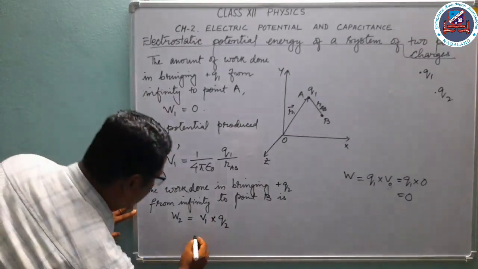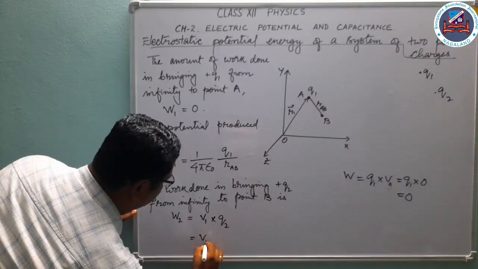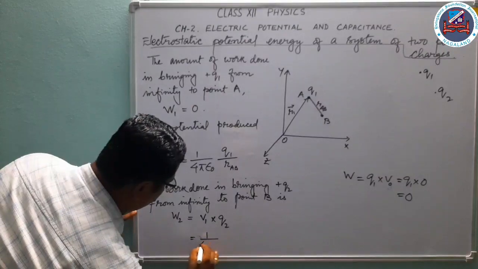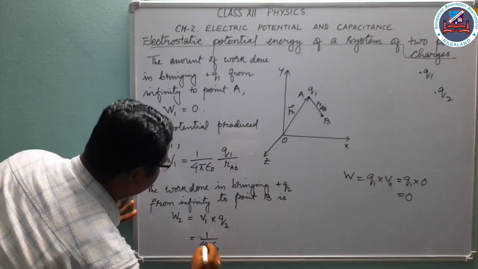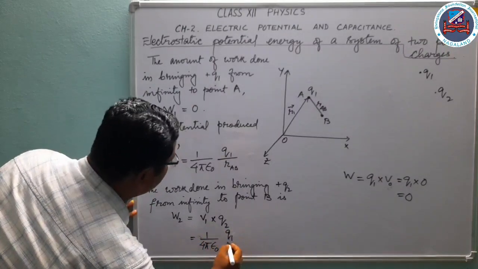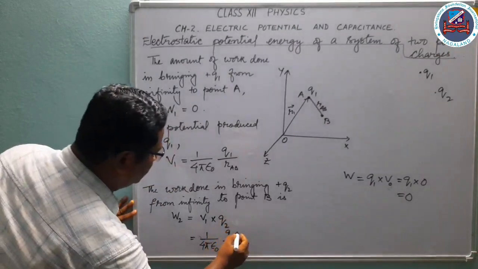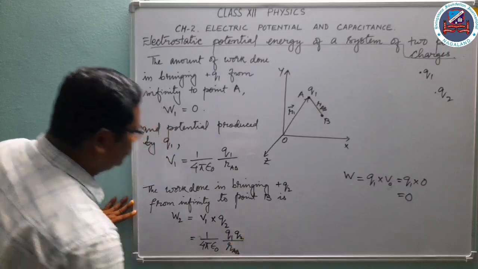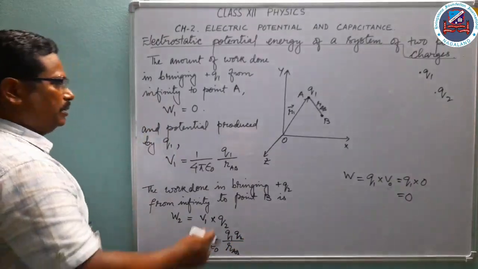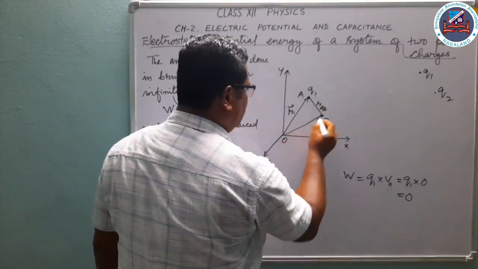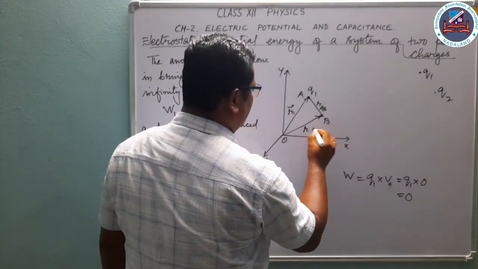So ultimately it will become V1. V1 is 1 by 4 pi epsilon naught Q1 divided by distance RAB, suppose, and next charge is Q2. That is, you can find out the work done in bringing the second charge at point B. Let us say that this position vector is R2